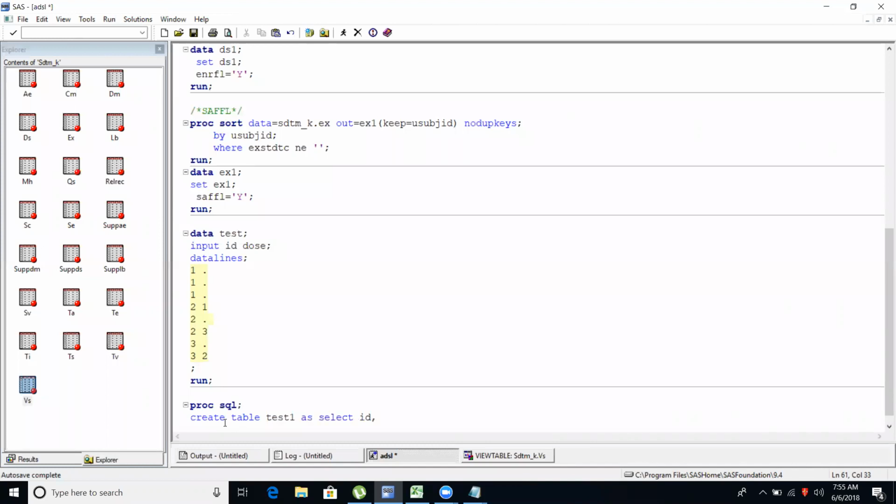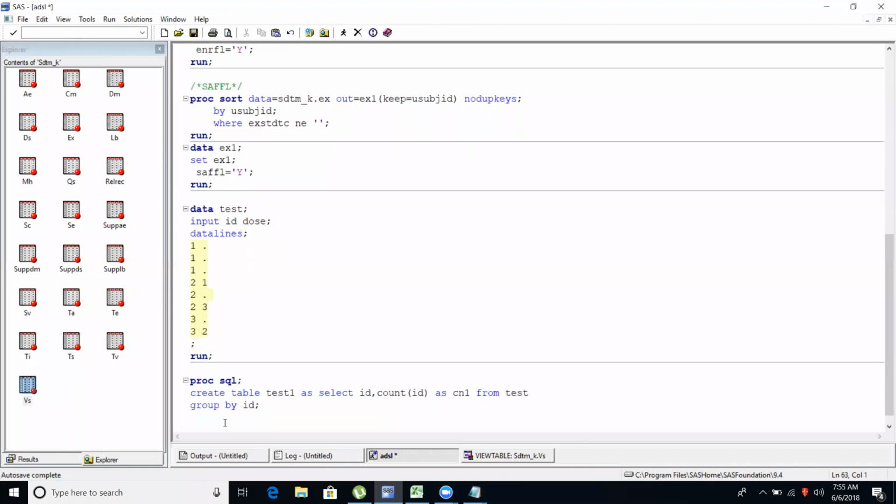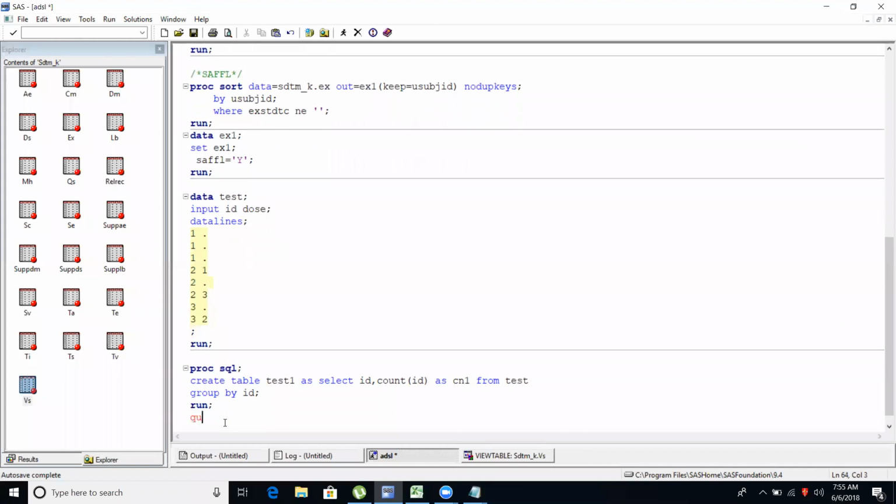Now ID I'm going to use, then I'm going to use a count of ID, and I'm going to name it CN1 in the alias column, from the absolute test. Then after that, immediately I'm going to use group by. Group by I'm going to use ID. Then after that I'm going to use